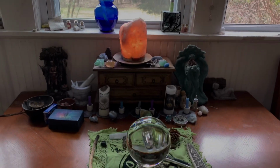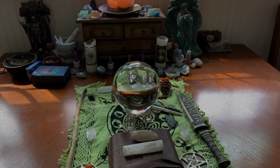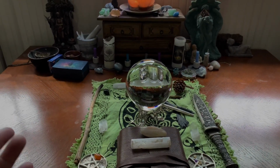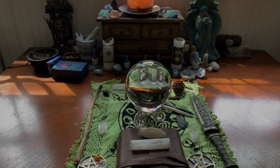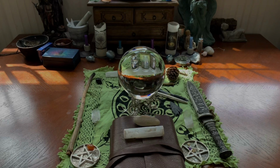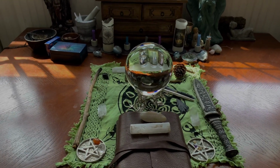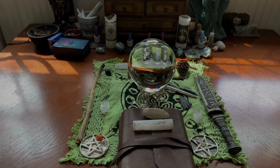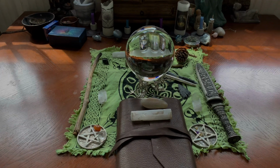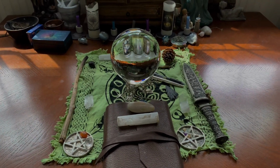Further down, my black altar cloth is tucked up underneath my crystal ball. This way I'm not going to get cat fur all over it. And I've got my altar cloth that I'll actually be using coming up to our next Sabbath in May. And I generally put more of the heavier items out and about on top of that altar cloth, along with my grimoire, which is generally its home spot anyway,